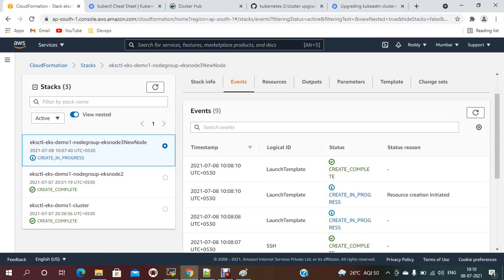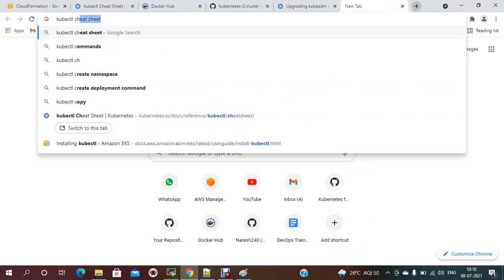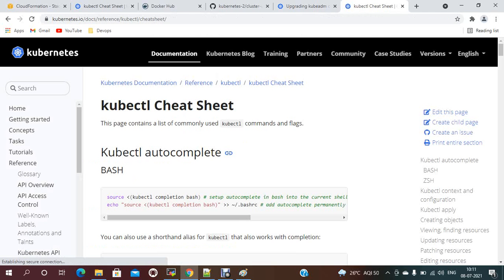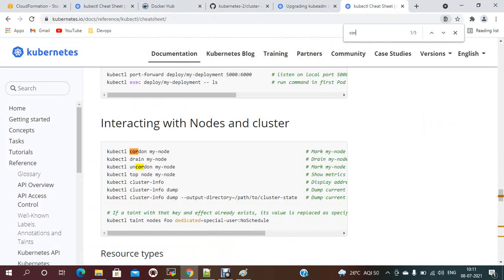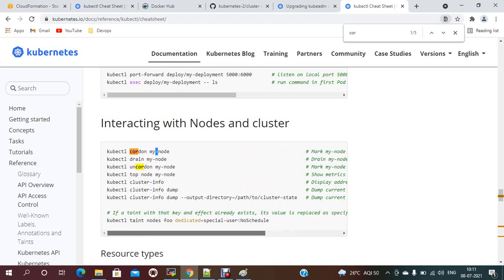If you go to the official Kubernetes kubectl cheat sheet, see, interacting with nodes and clusters. If you give kubectl cordon and my node name, what will happen? It marks the node as unschedulable.